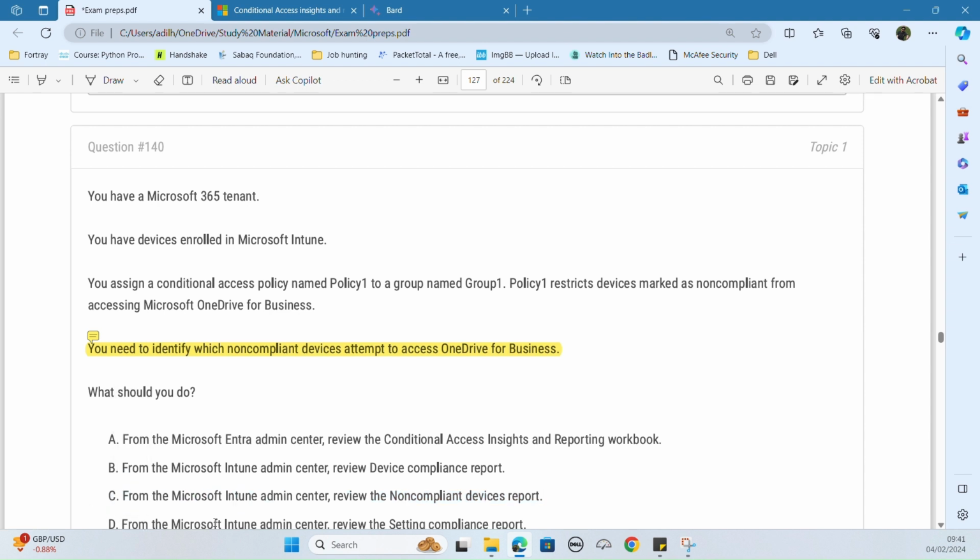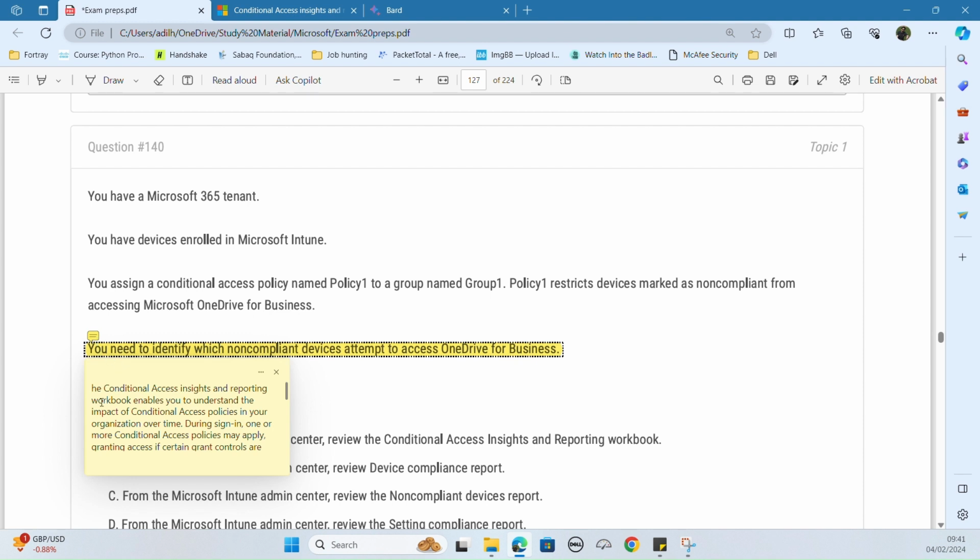Now option D is from the Microsoft Intune Admin Center, review the setting compliance report. Now just by reviewing the setting compliance report, it won't help you achieve the goal. So if you read these notes here, the conditional access insights and reporting